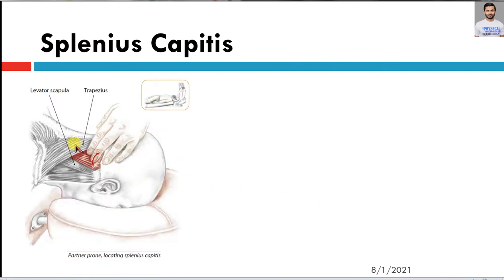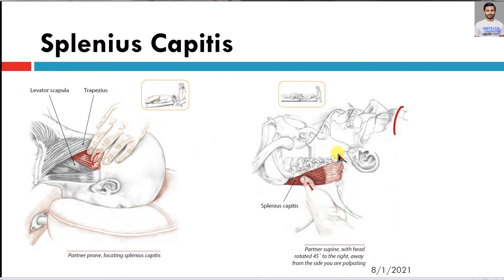So here you can see just lateral to the fibers of the upper trapezius, upper trapezius can be differentiated from the splenius capitis. If you want to differentiate between the fibers of upper trapezius and splenius, you need to ask your partner to extend, and you need to resist or perform an isometric contraction in extension. So you need to resist extension, and then you will find the tensing fibers of the upper trapezius, while for side bending your splenius capitis will become more prominent. And you can also rotate the head to make it more tensed.